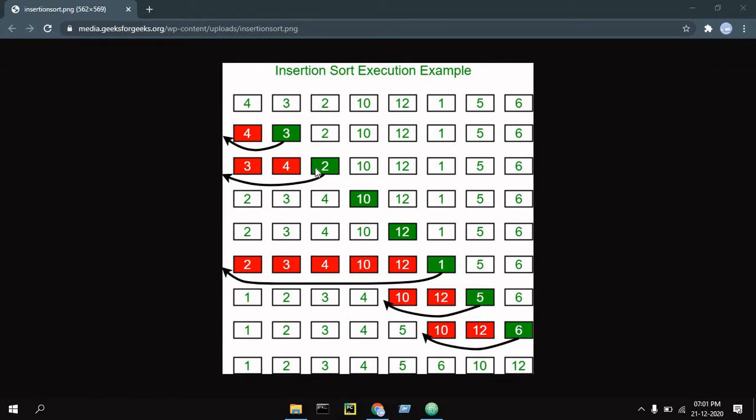Then we go to the third element and check if it is less than 4. If yes, then we go to the first and check if 3 is greater than 2 or not. If 3 is greater than 2, then we take 2 and take it to the front, and the same steps go on.